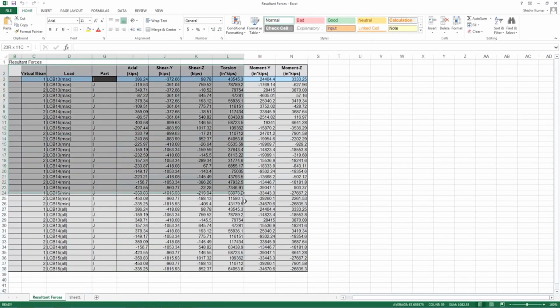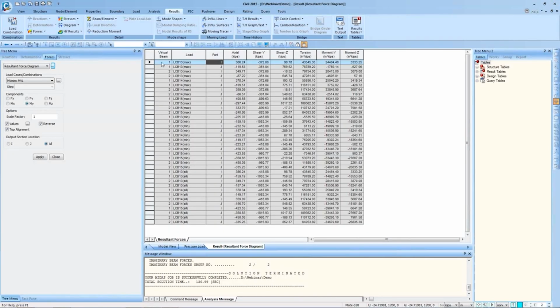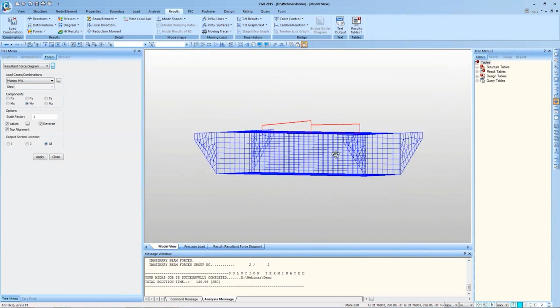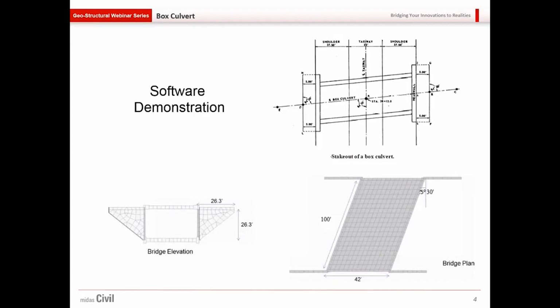So you see entire result has been exported to Excel, and I can use it for performing the design. I could also copy and paste the values to the table and use it for performing the design of box culverts. So you see how easy it is to extract the results from a 3D finite element model of box culvert. With this, I'll move back to the presentation.